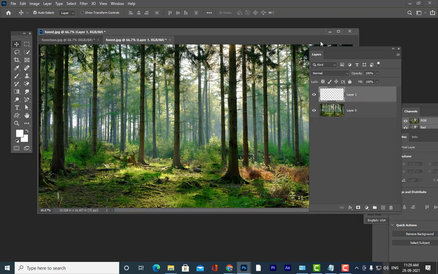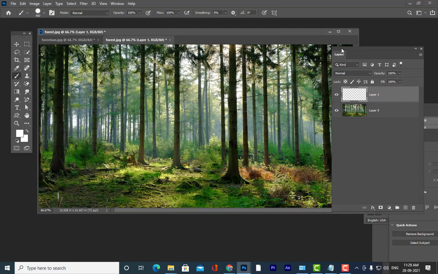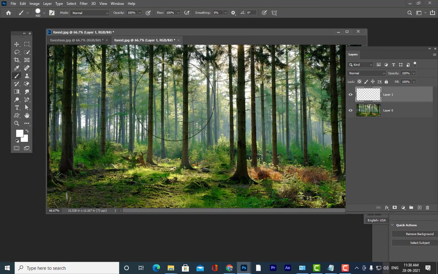See here, I have taken a new layer. I am going to take the brush and use the hard round brush. I am going to create some white circles with this brush. Are you all getting my point? Yes, sir.